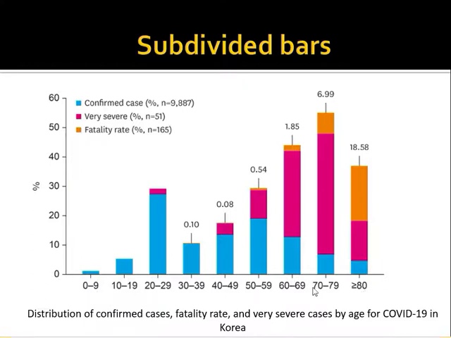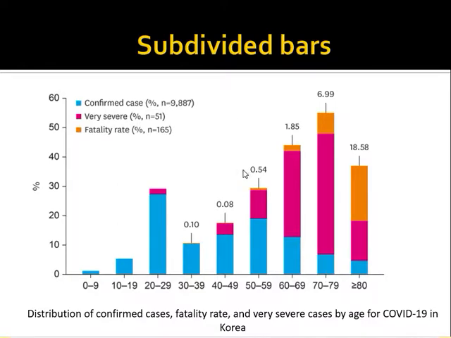So, these are the different age groups, and you take this age group, that is people above the age of 80. There, this represents the death rate or the fatality rate. This represents the number of very severe cases. This represents the confirmed cases of COVID-19. So, coming to this age group, that is from 70 to 79, you can see a lesser fatality rate as compared to people above 80, then more very severe cases, the confirmed cases.